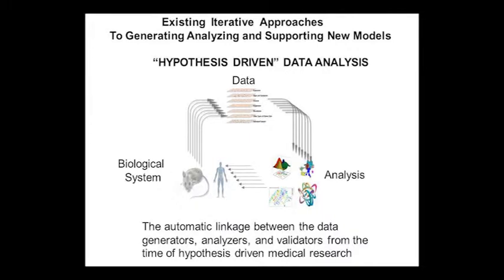Right now, we fund people and we do our work in ways where we start with a biologic system, we generate our data, we go and do our analysis, we publish our paper, and there's an automatic linkage between the data generators, analyzers, and validators. And this actually is the way physicists worked in the 30s. They don't now. But it is almost a feature of doing hypothesis-driven research. And this is important. I don't think that hypothesis-driven research is a bad idea. It's just that we have these cool tools and important ways to query that should complement that.